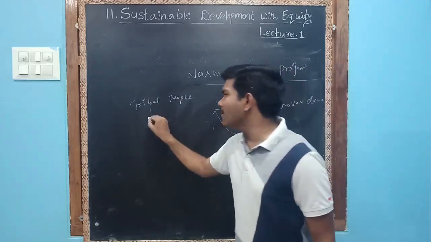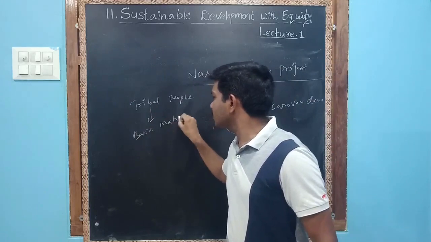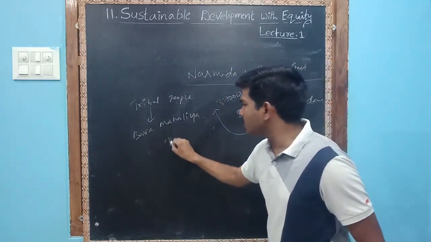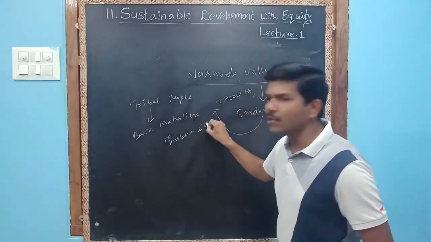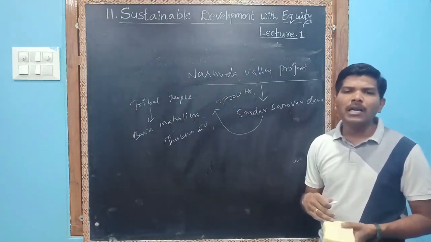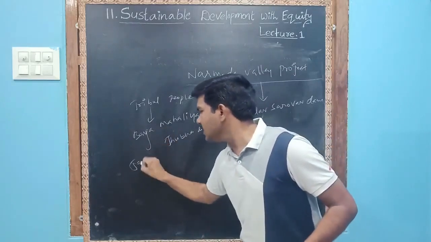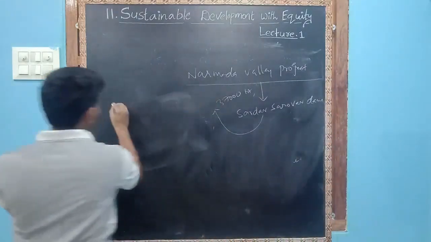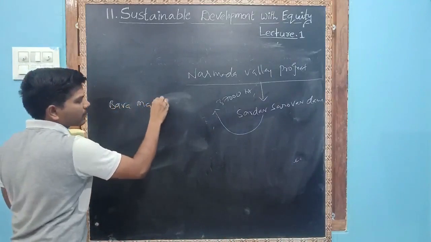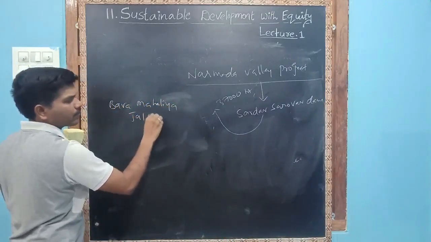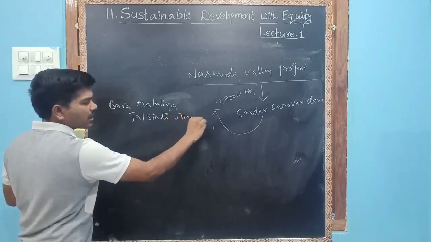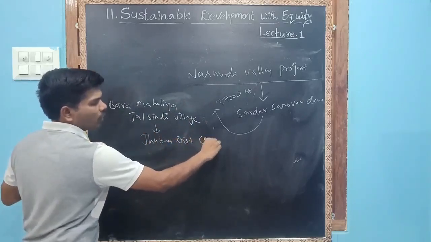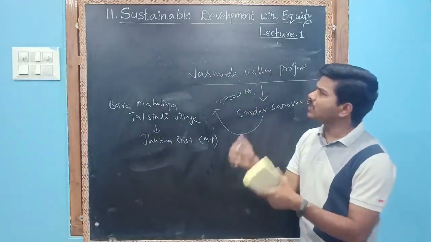The people who are Bhil and Bhilala of Madhya Pradesh, from Jhabua district, from Jalsindhi village, in Jhabua district of Madhya Pradesh. Whenever the government planned to construct a dam,